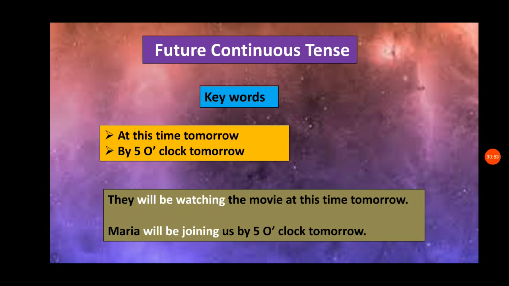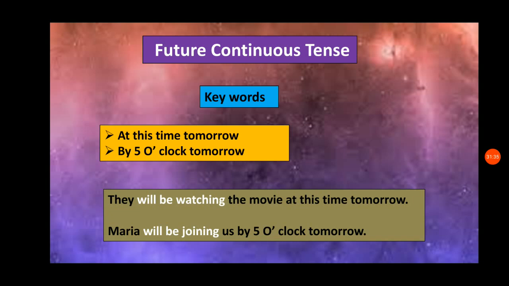So they have planned to go somewhere. Okay, so Maria will be joining with them, or with us. Here we can take us, because it is the second person, us. Okay, so we are going somewhere. So we have called Maria, whether she will come or not. The other one replies, yeah, she will be joining us tomorrow at 5 o'clock. So we will be doing something before 5 o'clock. But she will be joining us exactly at 5 o'clock. Okay, that is the meaning.